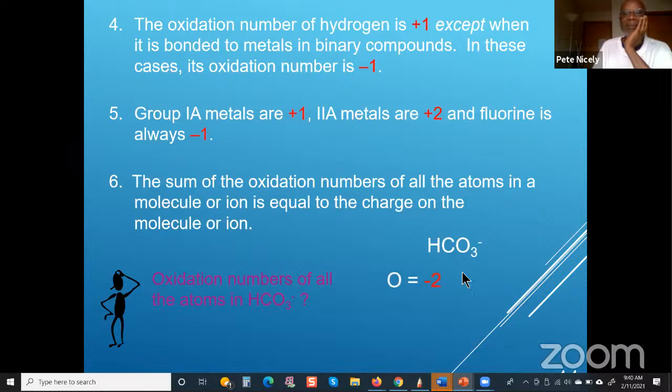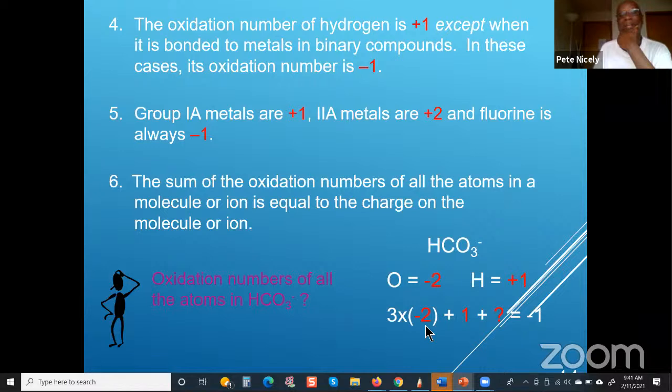In the case of the bicarbonate ion, right, based on the rules that we talked about earlier, we know that the oxidation number of oxygen is -2, and the oxidation number of hydrogen is +1. And we know that the total charge is -1, right? So therefore, what this rule is saying, rule number 6, is that the sum of the oxidation numbers of all the elements in this ion will be equal to the charge. So the way we set this up to solve for the oxidation number of carbon,